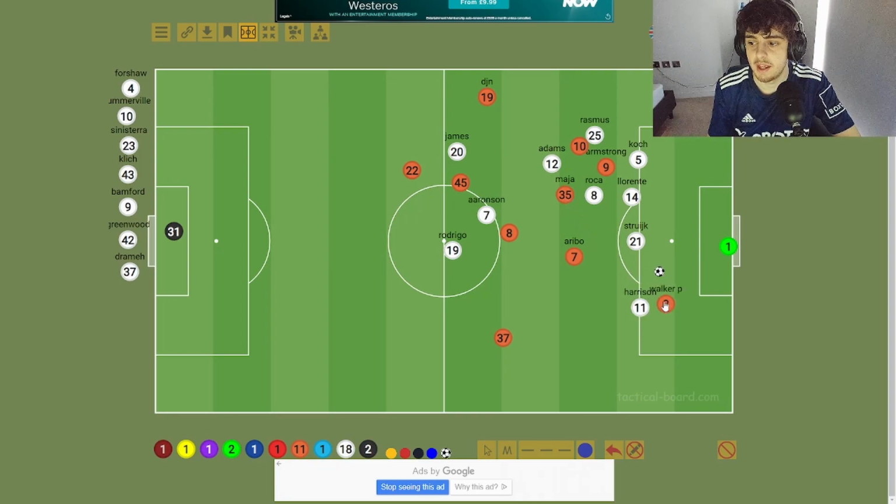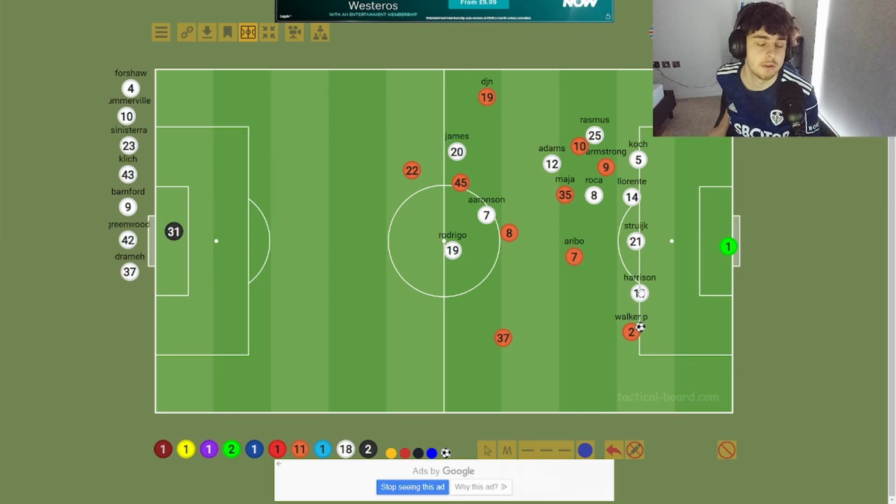And he plays it through there. Yeah, he scores. If you're here, just stand there. You've got to understand where you are on the pitch. And I guess the initial was he was kind of here, so he didn't know whether to go to Aribo or Walker Peters because he didn't know whether Adams would win the ball. And Adams didn't win the ball, so he's got to react quick.